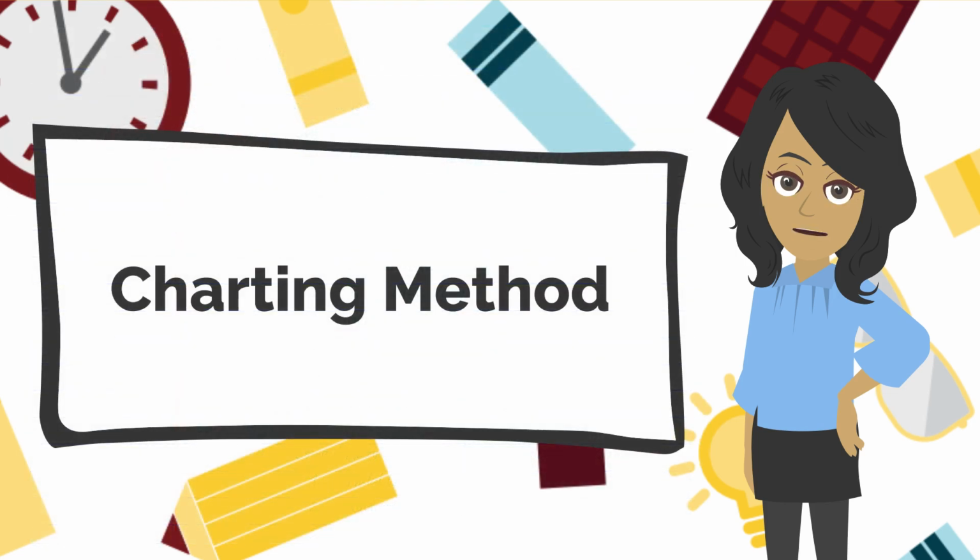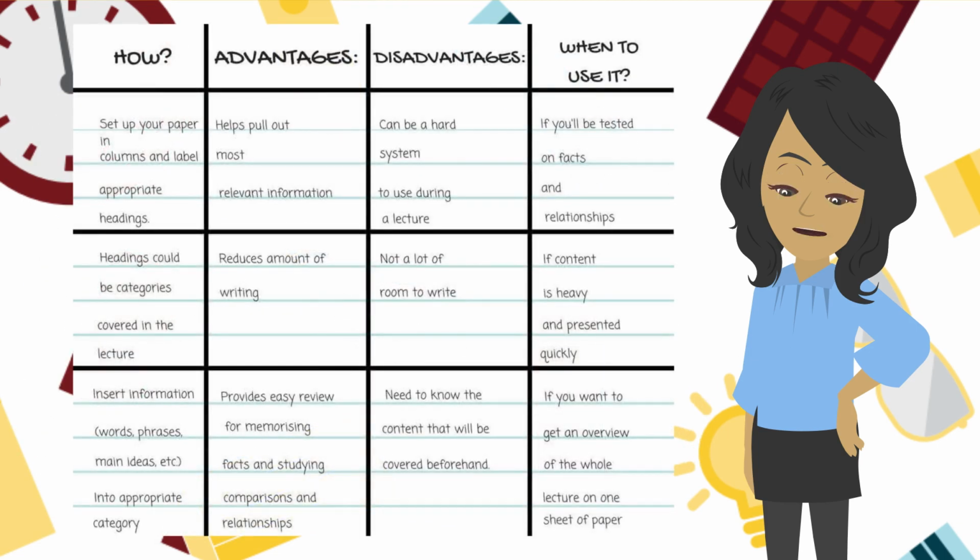If you need to take notes to work on memorization of data, you may want to consider the charting method. To use the charting method, create a grid with the key information you need to recall, making sure to clearly label each column. Then, as you listen to your lecture or read course material, write down quick cues summarizing the information. You can also easily use the chart as a study tool by covering up columns and practicing recalling information.